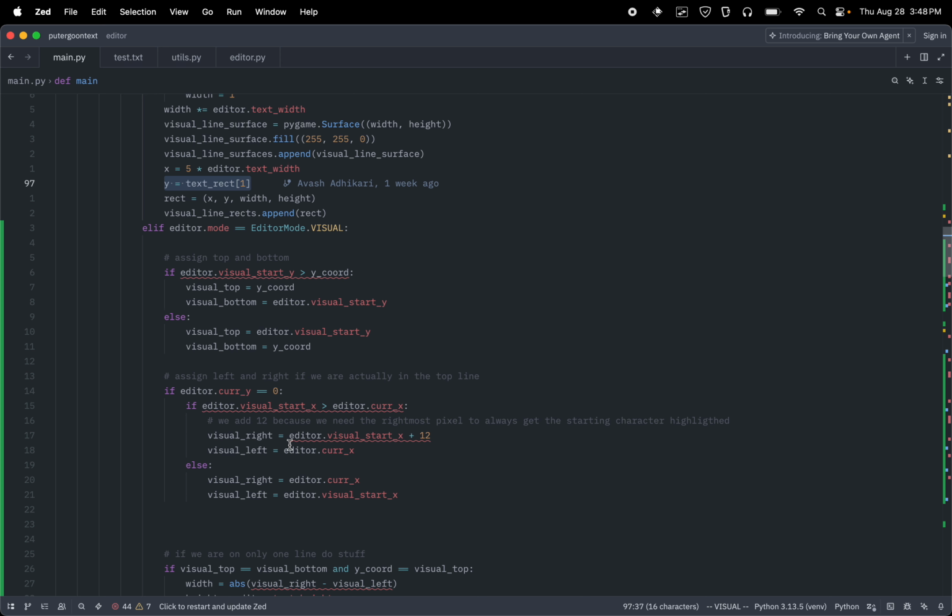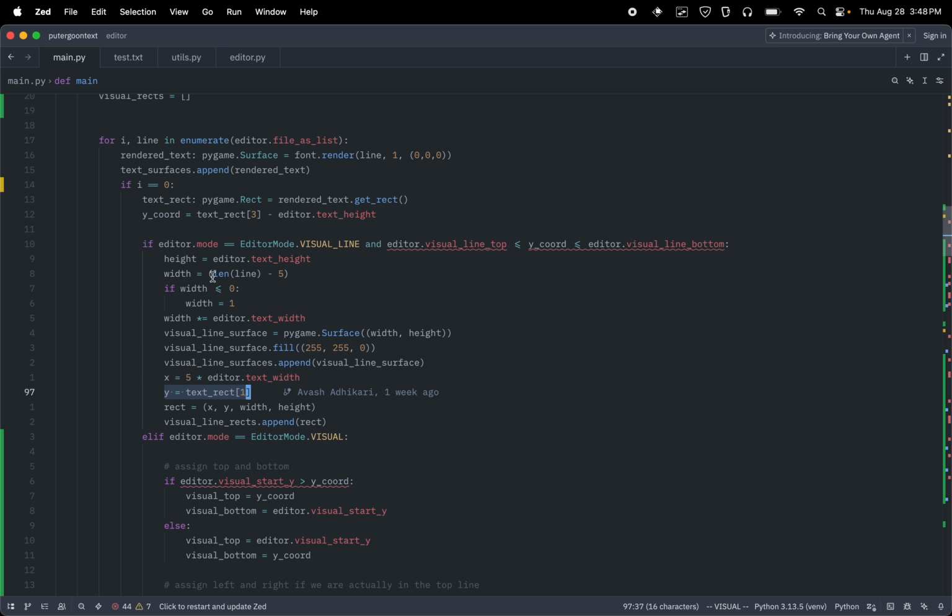we check if we are on the top line. If we're on the top line, we do some stuff. If we're on the bottom line, we do some stuff. And if we're not on the top or bottom, that means we are on some line in the middle, and we can just highlight the whole thing. So let's do that. Elif